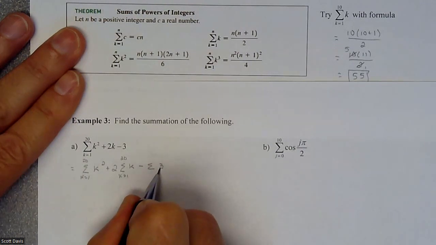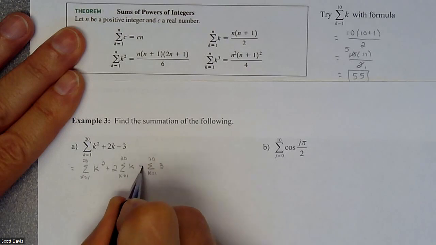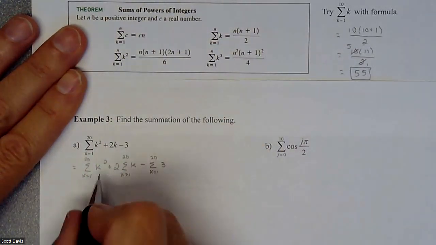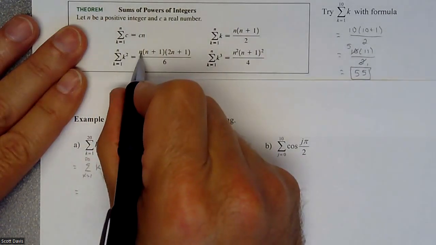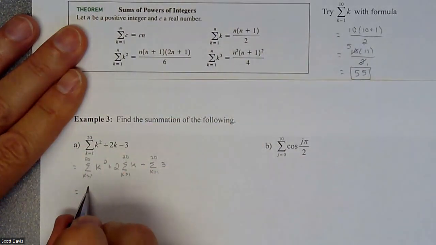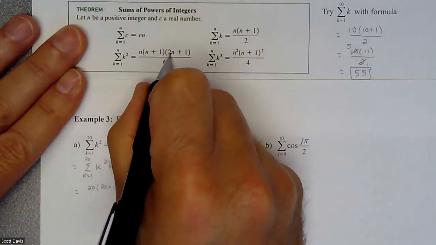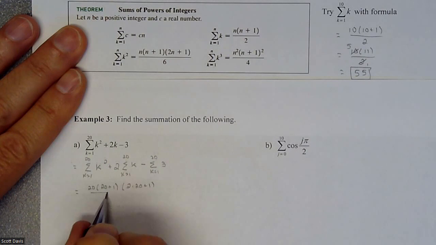this constant of 3. So there's going to be 20 of them. So a minus the 3, minus the 3, minus the 3. So we have a formula for that as well. So let's start using the formula. Get everything set up. So if we're doing the k squared one, we're going to have our n value is 20. So we're looking at 20 times 20 plus 1 times 2 times 20 plus 1. And that whole thing is divided by 6